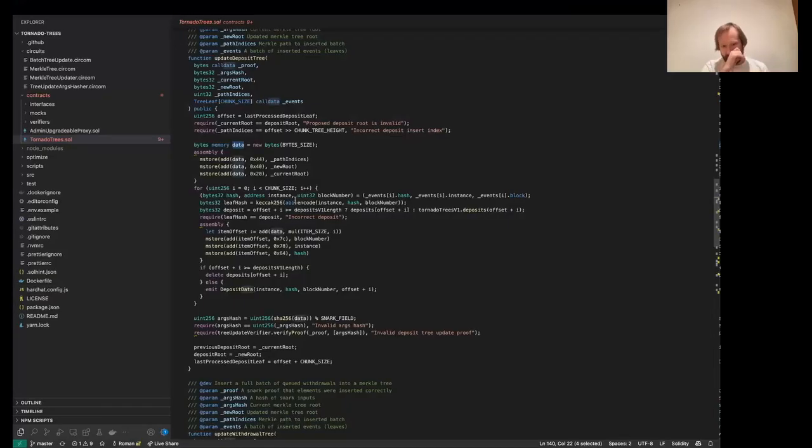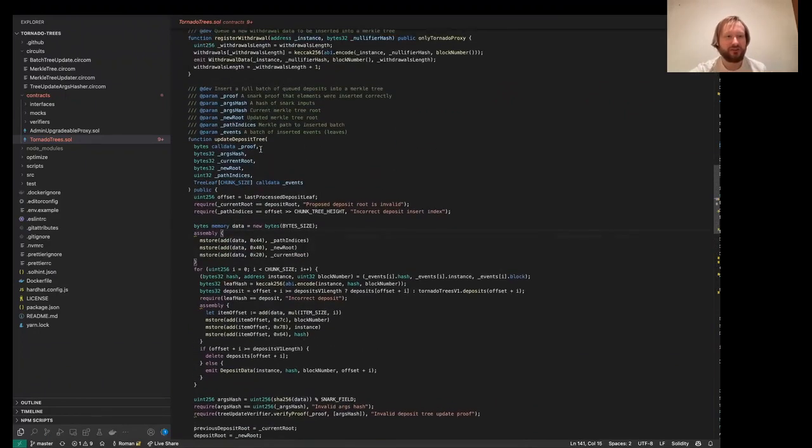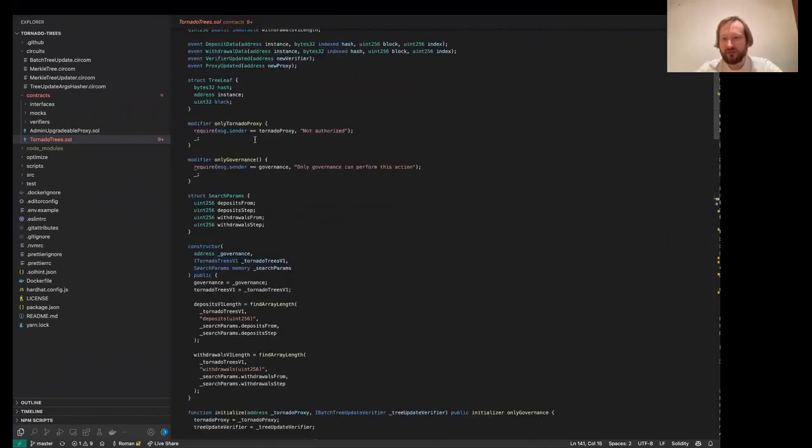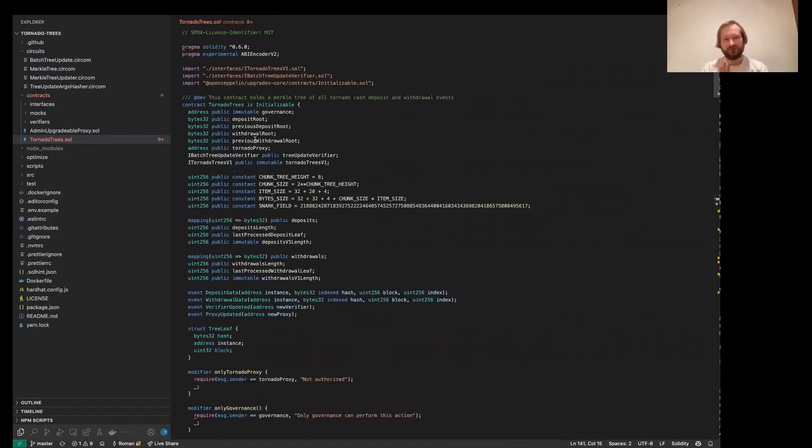Very simple example of data compression. We can just look at the code a little bit. Tornado trees is part of Tornado Cash. It's a little bit complicated, but we don't need to look at most of the stuff. So first, I'll say a little bit of general words, like how it works. So imagine we want to upload a large array to a blockchain, and we want to be able then to check membership of certain elements in this array.